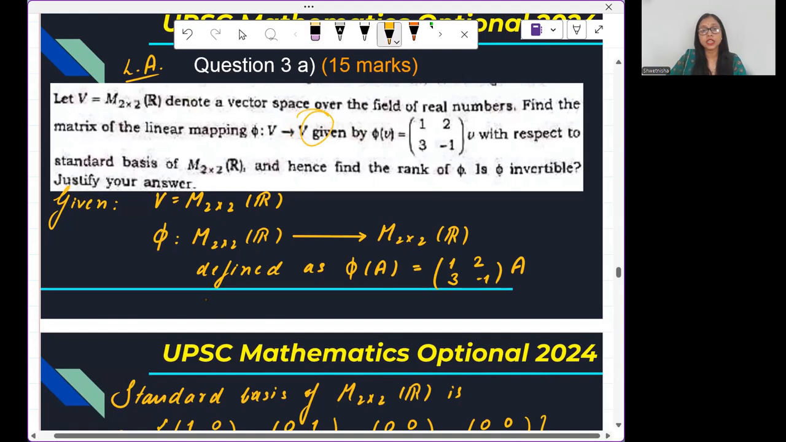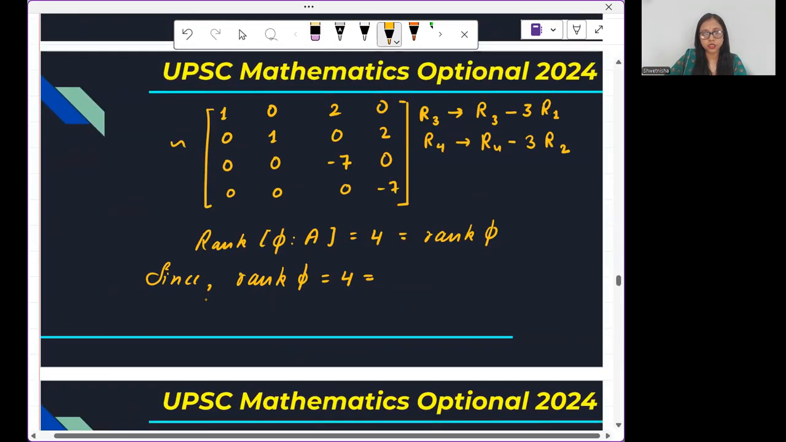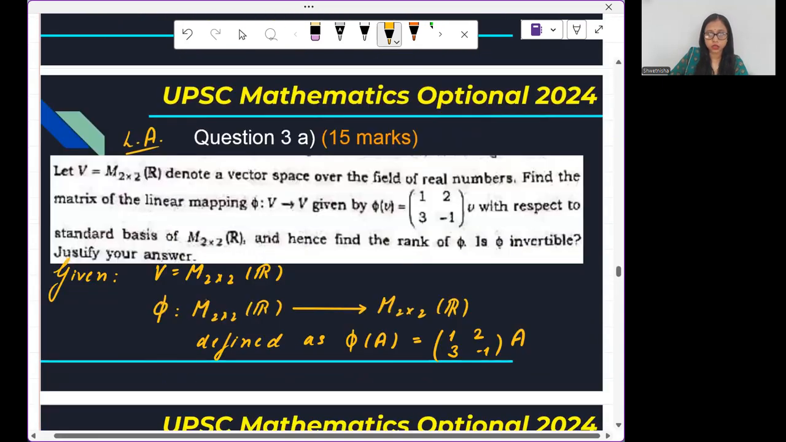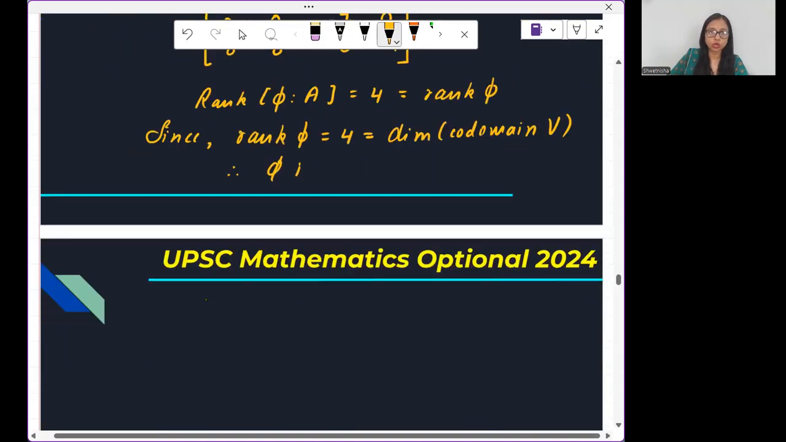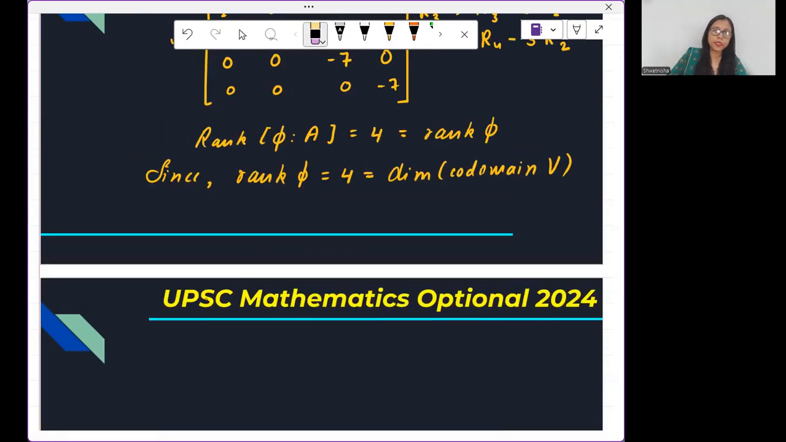I just said in the beginning that M2 cross 2 can be easily associated with R4. So the dimension of this is the same as the dimension of R4, which is 4, which is the same as the dimension of the codomain V. Therefore, phi is invertible. For invertible, we need one-one and onto both. It just proves onto, but it automatically proves one-one also. It implies phi is onto,